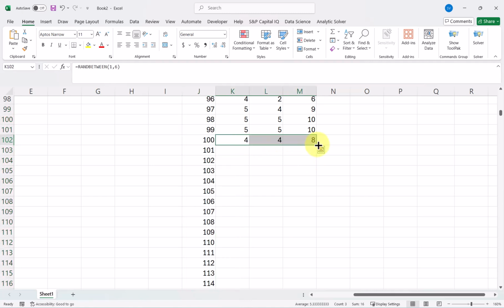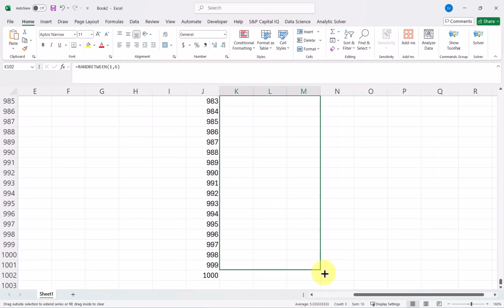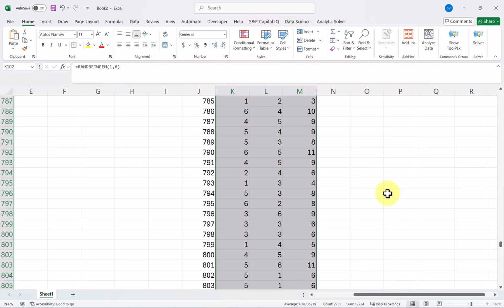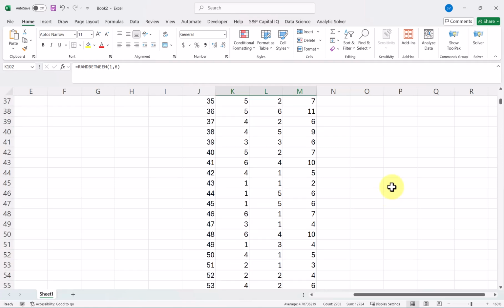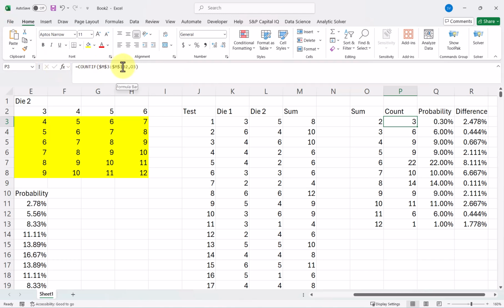I'm going to grab these 3 cells. I'm going to drag them all the way down to my 1,000 different tests. And now I need to make one last change to update my table over here. Before, I calculated the probability divided by 100 because we had 100 different tests. Now I'm going to put in 1,000 here. And then I need to do one other thing. I apologize. I need to change my COUNTIF function